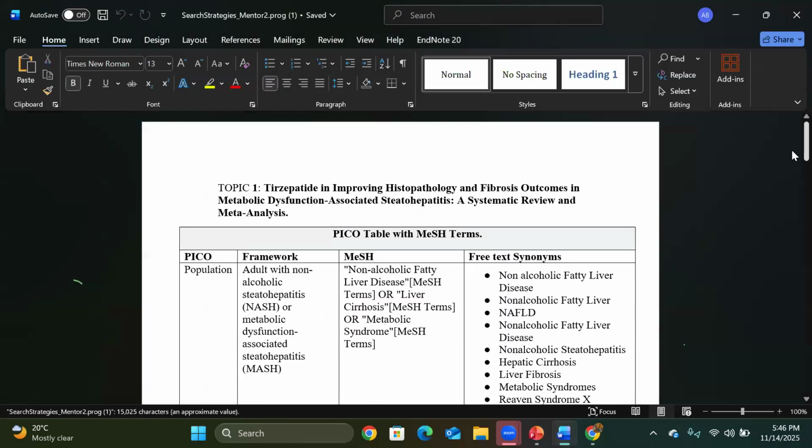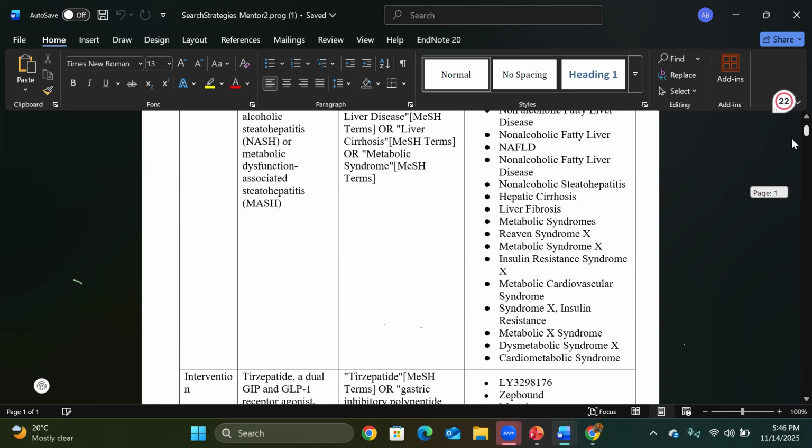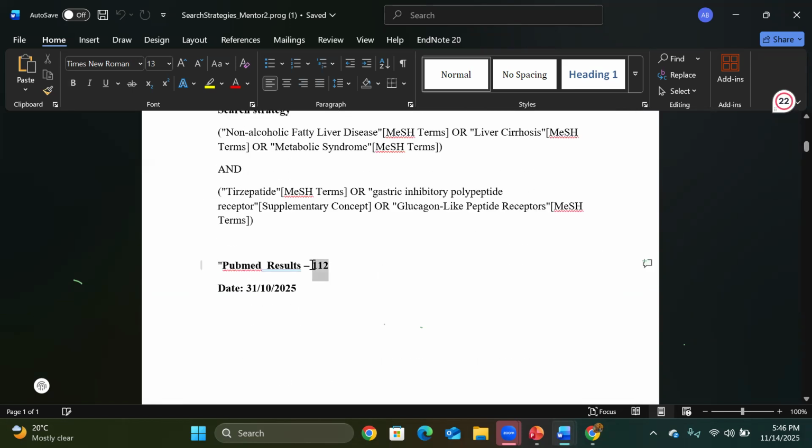Just like for this one. According to this search strategy, for the first one, you are getting around 100 articles in the PubMed results. Okay, so what we did, all the members separately did the primary screening. They all did it separately, and then they said that they had done the primary screening, because primary screening doesn't take much time. You just have to go through the title and the abstract and see whether it is according to my PICOS or not. And then we found out that it just took us an hour for the primary screening, and then we compared with each other. Everyone was getting the same count for the secondary screening, so we were like, that's fine.